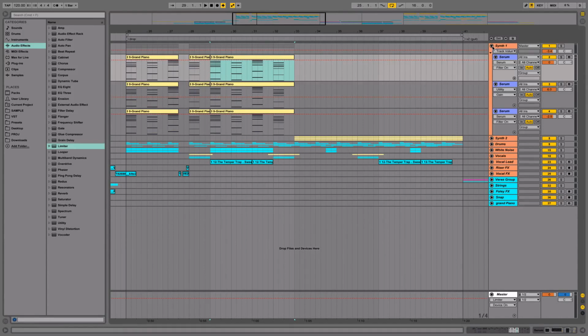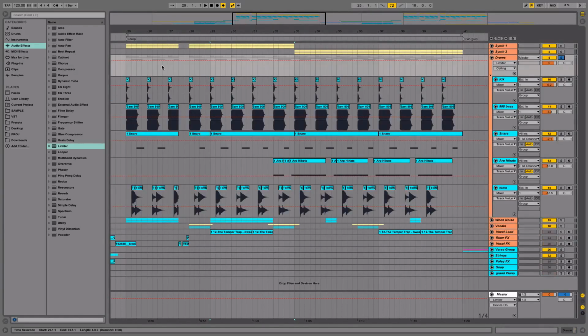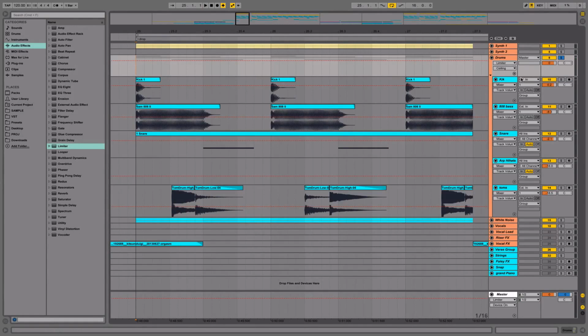Okay, so we'll leave the second synth part for now, and let's focus on the drums now. Here are what the drums sound like. So these are basic future bass drums, and then I've got some hi-hats in there. Some like trappy hi-hat rolls, so I used some really basic samples